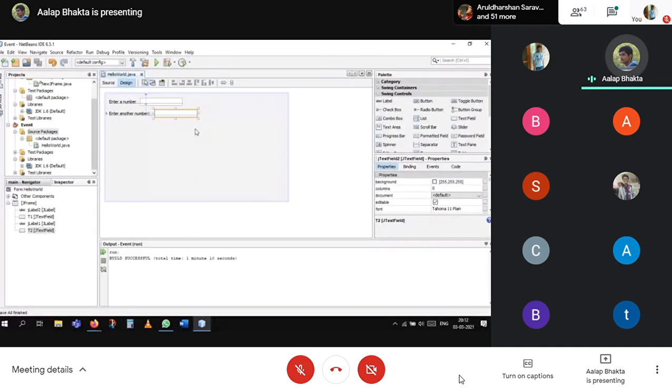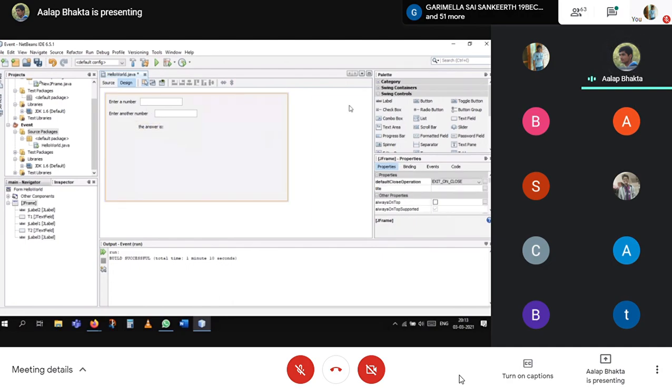No need to change the variable name for the labels because most probably you won't be using them. In case you are using them in your main project, or you are printing something in labels, then you can change the variable name; or else there is no need to do anything. Okay, so I need another label to display the sum, or the answer.